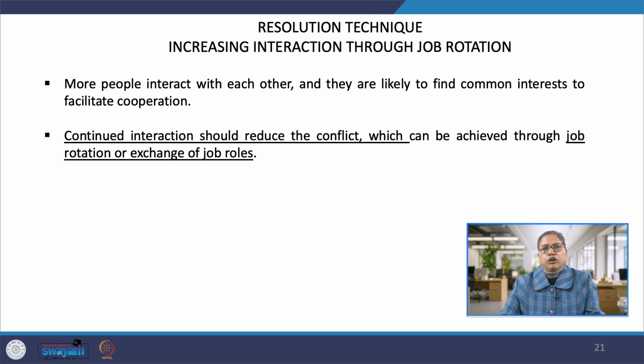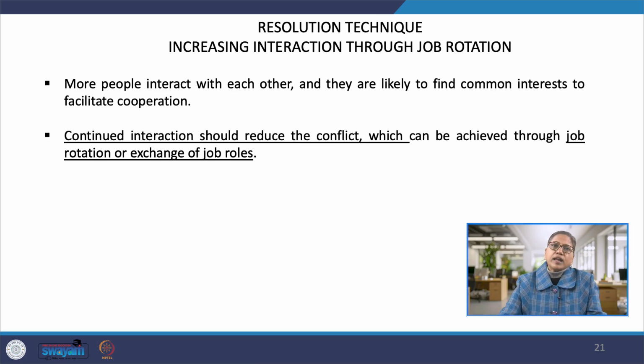job roles. Job rotation means one person working in a particular unit for a certain period of time needs to be shifted to another role in another division. So, in the process, the person learns different methods, different ways of working, and also knows about conditions in departments and units, and also interacts with different individuals working in different departments. So, in a way, the person is gaining experience as well as getting acclimatized to different departments.